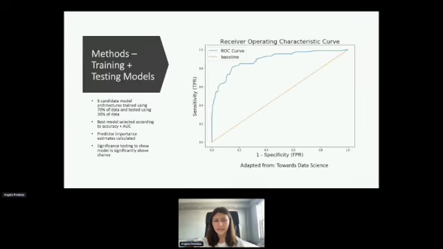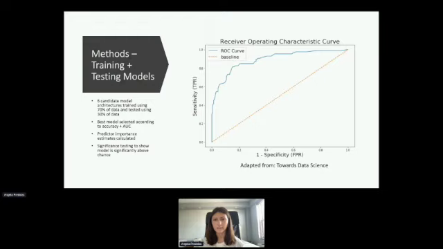I had 6 candidate model architectures or algorithms for classifying that I trained using 70% of the data and tested using 30%, which is called holdout validation. I selected the best model according to 2 measures of evaluation: accuracy and AUC, or area under the receiver operating